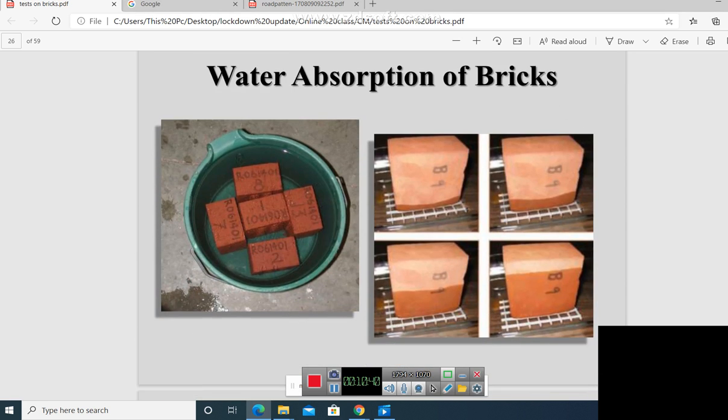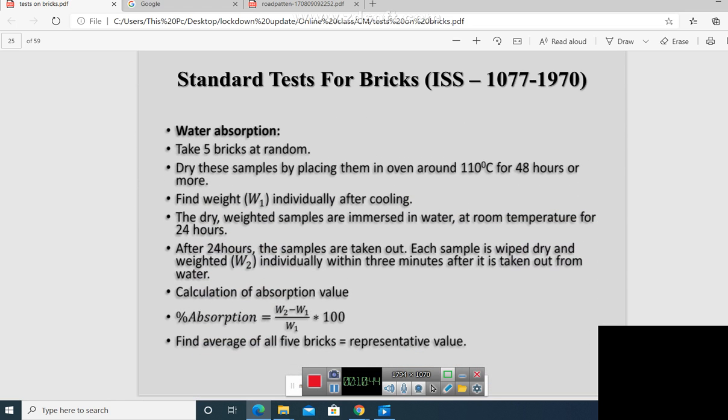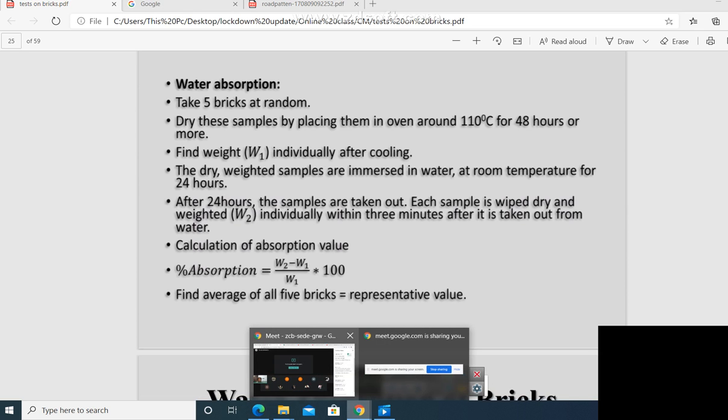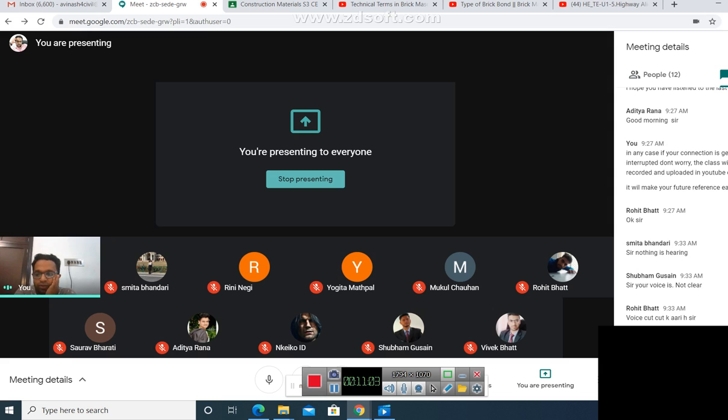The next test is water absorption of bricks. When I was discussing the classification of bricks into first class, second class, third class and fourth class, I told you that bricks are classified into different classes based on the value of water absorption. For a first class brick, the water absorption should not be more than